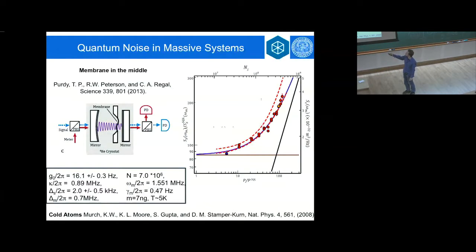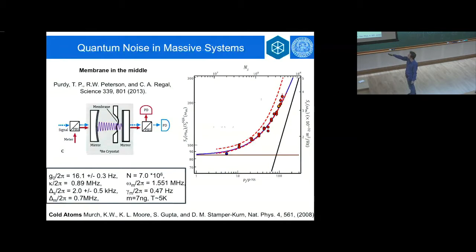So this is Cindy Regal's group. And they're actually in a cold atom-based system, but a very optomechanics configuration. This has been shown in 2008 already. Now here with a membrane, it's like 2013. The membrane in the middle approach, this membrane is sitting in this Fabry-Perot cavity. The effect of the membrane is not much different than the one from the particle. And here's a signal and a meter beam, and the signal beam would be driving the cavity more and more strongly, and the meter beam is just used to read out the